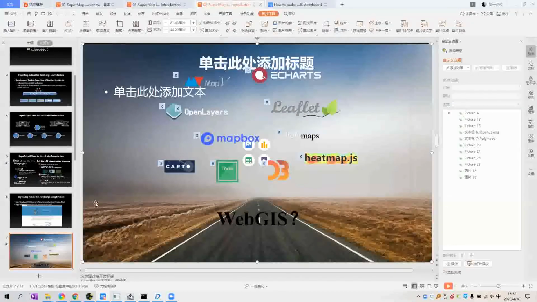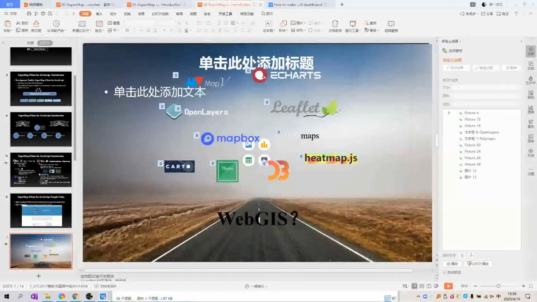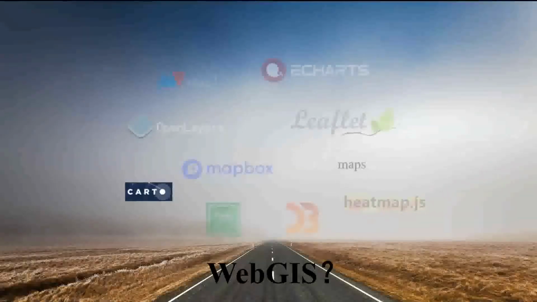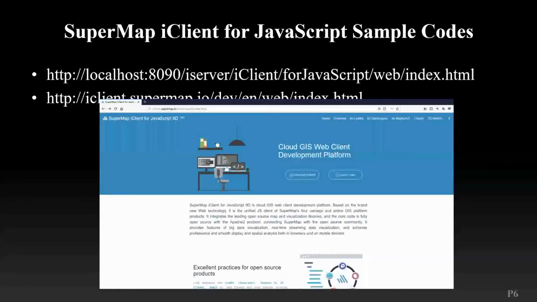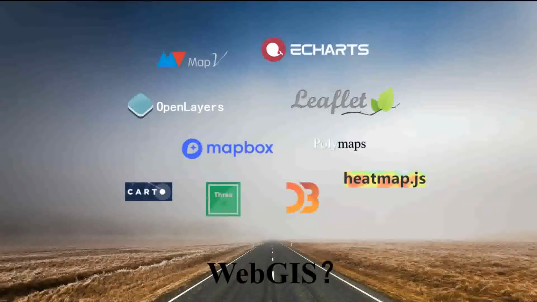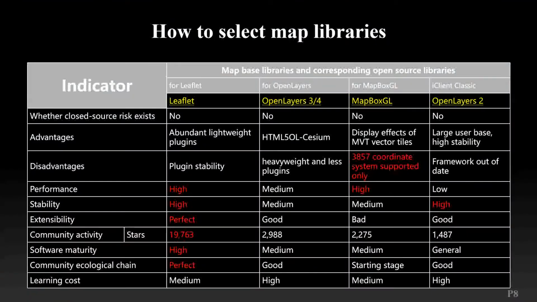All right, let's go back to our PowerPoint. Okay, but I think all of you have a question: why are there so many different libraries, and which one should I choose? Here there is a chart, a table, to show you how to select the map libraries, and we list all the features of these four libraries here, like Leaflet, OpenLayers, Mapbox GL, and